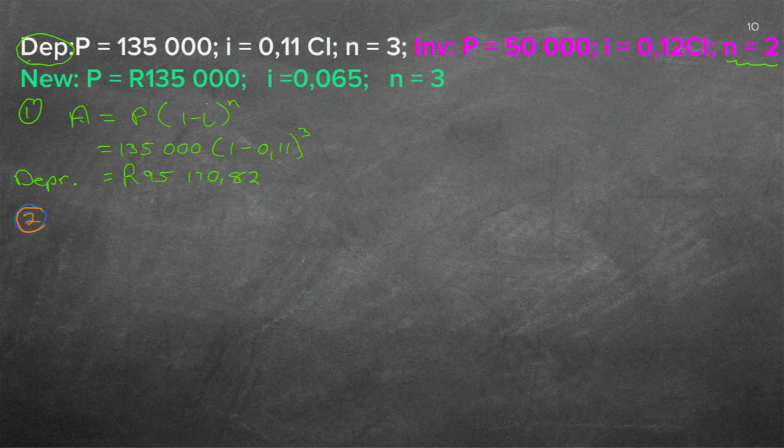Second one is the investment. It's the same formula, P, because it's an investment, it's 1 plus i. I must just make sure, is it compound or not? Let's circle that. Remember that one was also compound. That's why we put the N at the end. So we're going to put the value. Remember, they only had 50,000 Rand to put in the bank. So they have 50,000 Rand times 1 plus 0.12 to the power of 2.